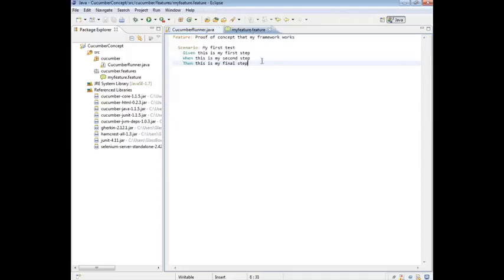Now let's talk about the feature file. In our last video I talked about the construct of a feature file, and the construct is that it has a feature. Although this is optional, you don't have to have it, it is most certainly one of the top pieces of advice I would give: have a line that just says Feature and the high level